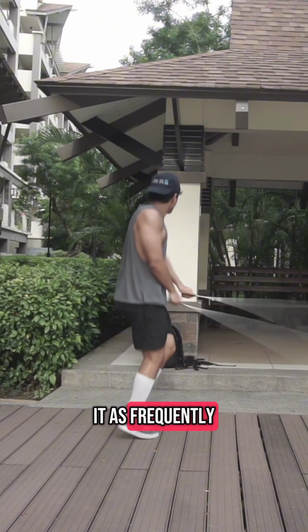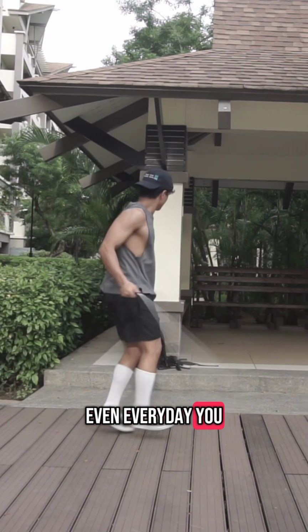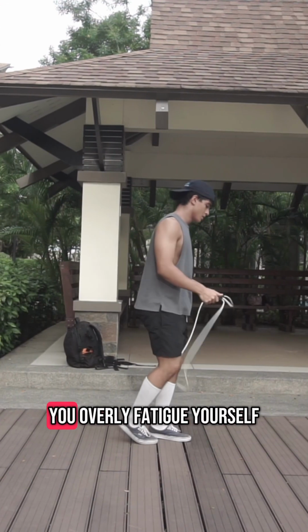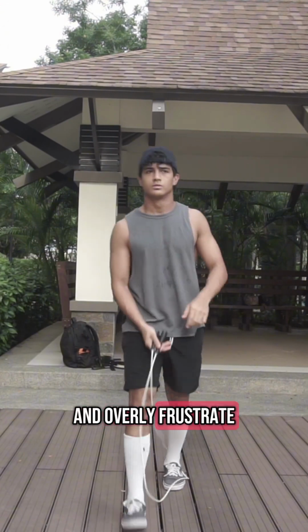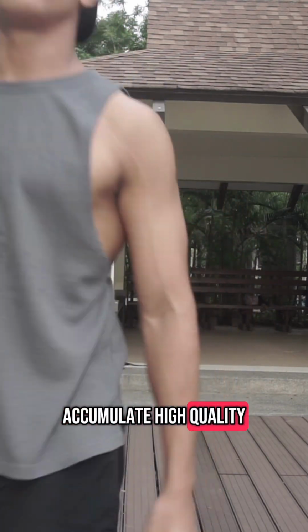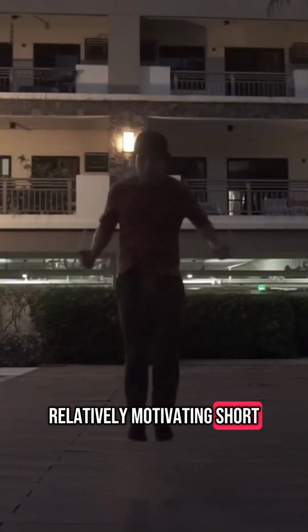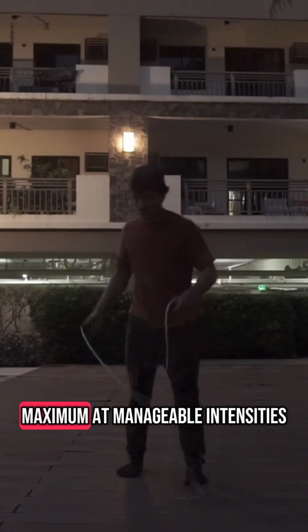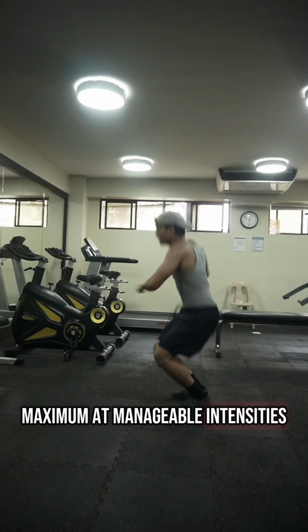Train it as frequently as possible, even every day. Do it as part of your warm-ups for your regular workouts, but not to the point where you overly fatigue yourself and overly frustrate yourself. Accumulate high quality, relatively motivating short sessions. Try to keep it under 10 to 15 minutes maximum at manageable intensities,